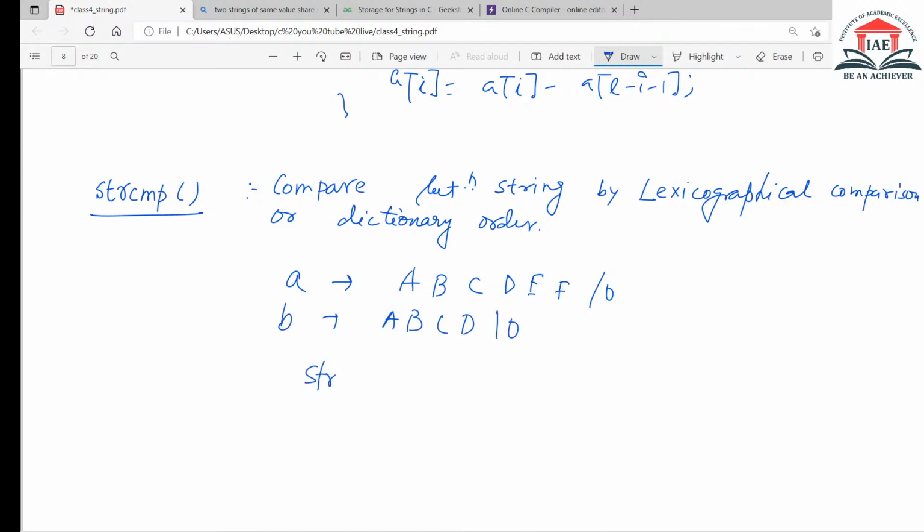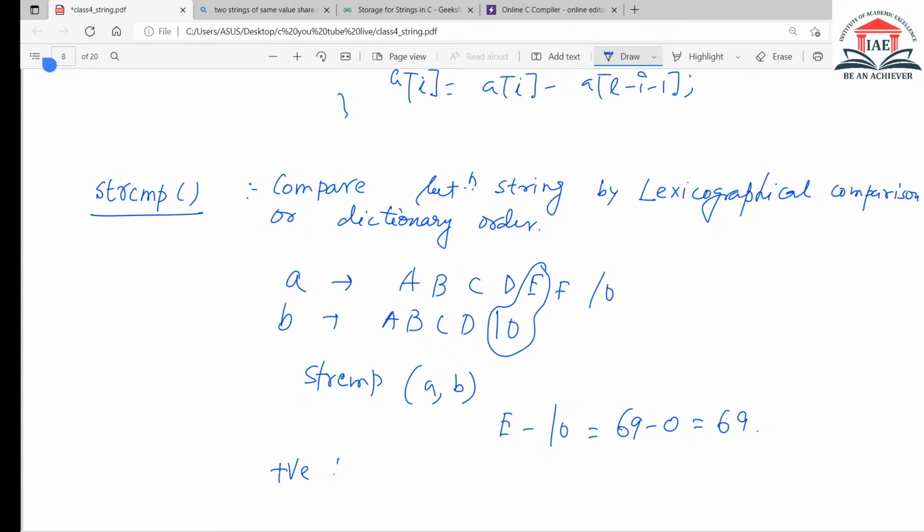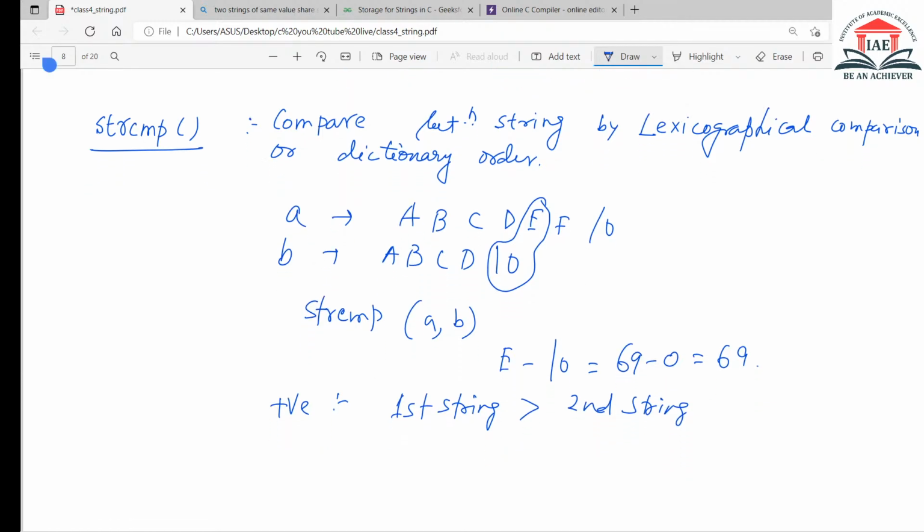If we do strcmp A comma B, that will compare between the strings lexicographically, and the first unmatched character is E and null. So that will return the ASCII value difference between these two characters. That means 69 minus 0, that will return 69. If the result is positive, that means the first string is greater than the second string. It doesn't matter if the length of the first string is greater than the second string, that is not the issue. The issue is